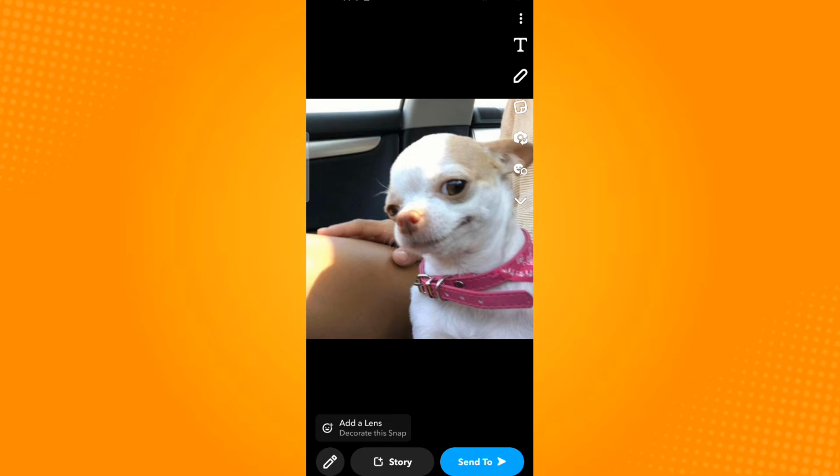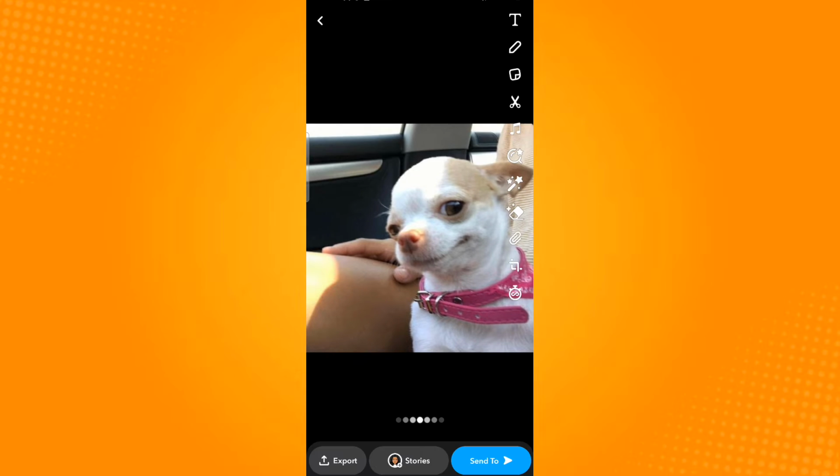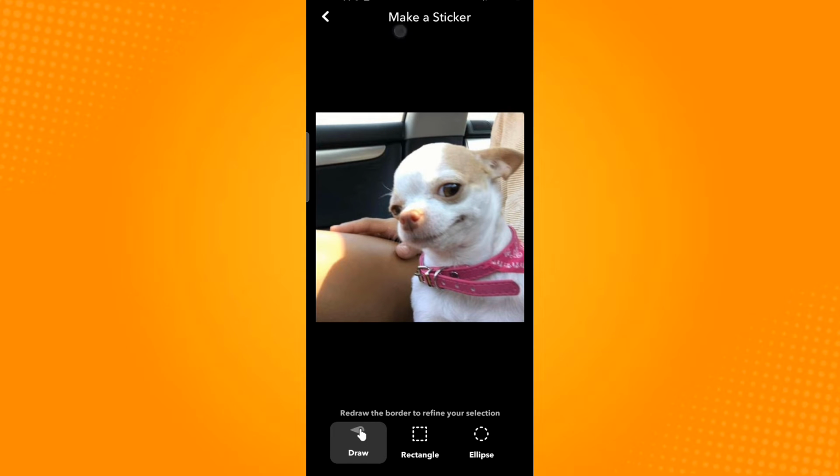Then tap the pencil icon, which you can find on the lower left corner. And then from here you will see a list of icons from the right side of your screen. Select the scissors icon to make a sticker. So in this page, you can manually make an outline for the sticker using this draw arrow, or you can